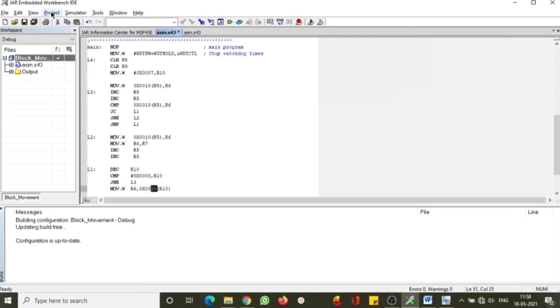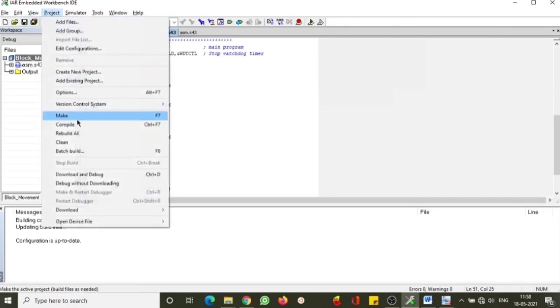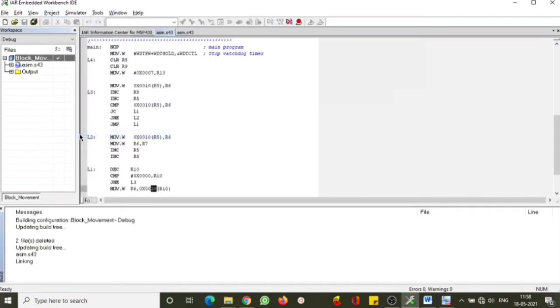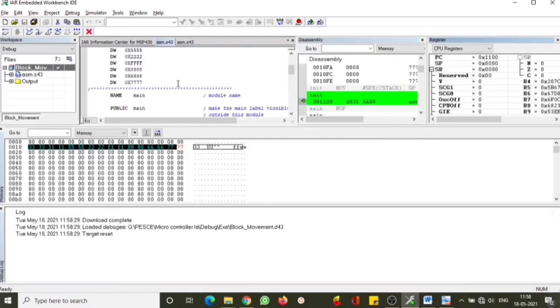So let us try to execute this program now. I'm trying to save it first, and then rebuild it. Just like largest, only we are doing the same thing. Each element in the array is considered at once and will be compared with all the remaining elements. That is what we are doing here. And we'll debug and run this program now, right?